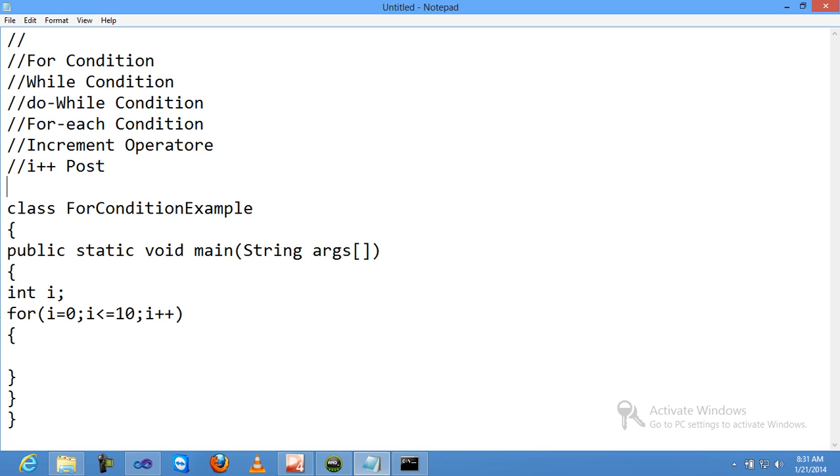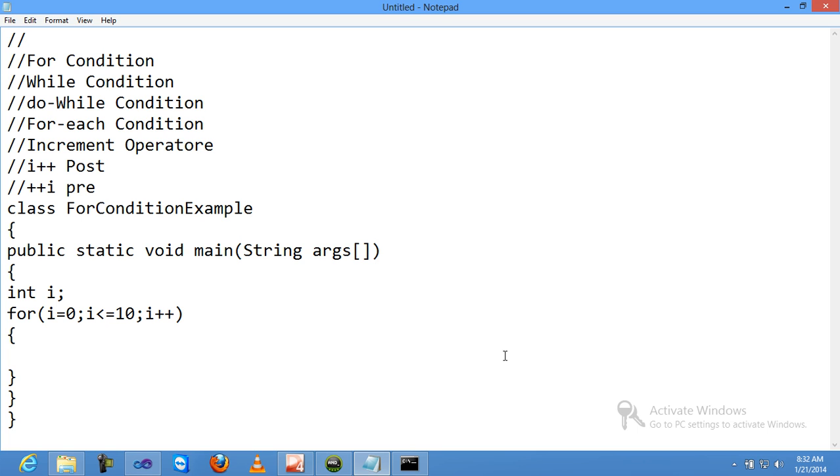Post increment, right? Now I'm using plus plus I. Which increment? Pre increment, right? What is the difference between post and pre? Whenever you use a post increment, the variable increases its value but doesn't show it. But whenever you call the value a second time, the incremented value is printed. In pre,